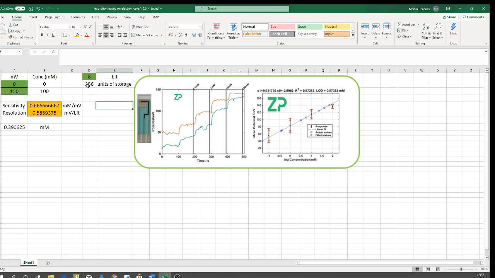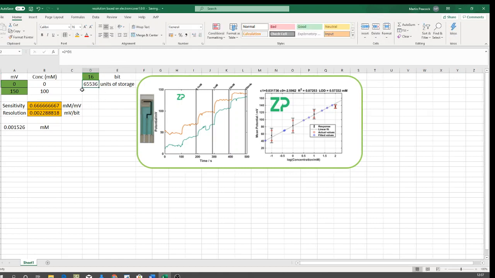And then if somebody's using an 8-bit device, that gives us sort of 256 units of storage. If they were doing 16, it would give us a lot more. So I'll put 8 back into there. What this means is that the